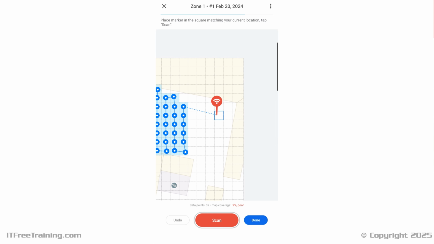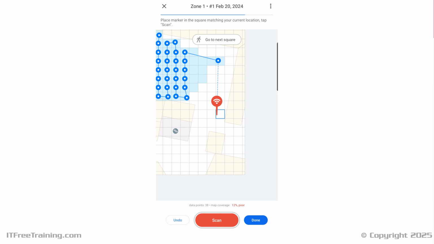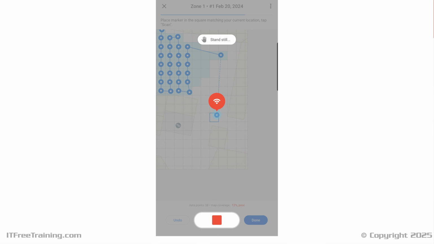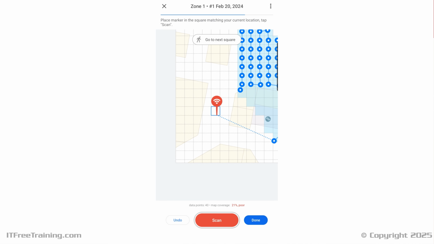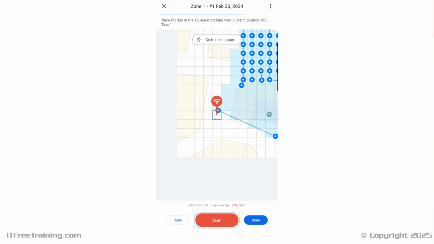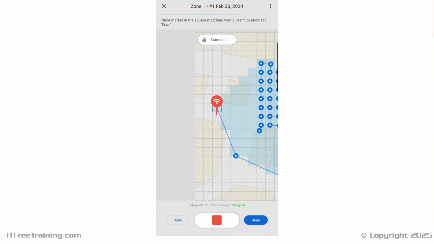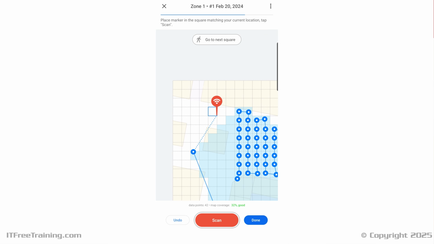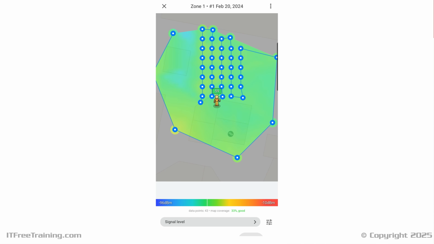I will now take some points in a circle. I've sped up the video as it takes some time for me to walk between the points. Going around in a circle will give me a good idea of how good the Wi-Fi is in this area. If you are strategic about which points to measure the signal from, this can save you a lot of time. Once complete, you will notice the signal is pretty strong in this area. It starts to reduce a little bit in some areas, but it is hardly noticeable.